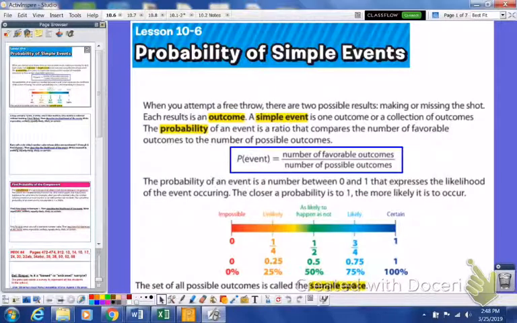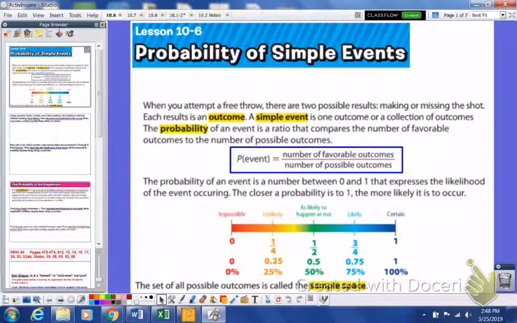The probability of an event is the ratio that compares the number of favorable outcomes to the number of possible outcomes. So you see here, this is what we really need to know out of this, plus our vocab. Then the probability of an event is a number between 0 and 1 that expresses the likelihood of the event occurring. The closer a probability is to 1, the more likely it is to occur. So you see down here,